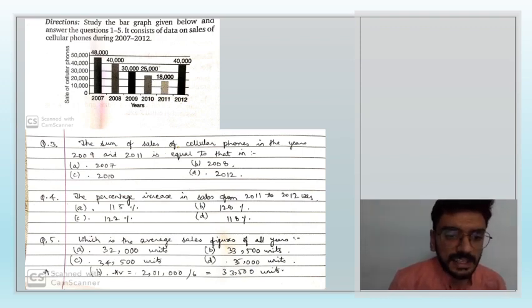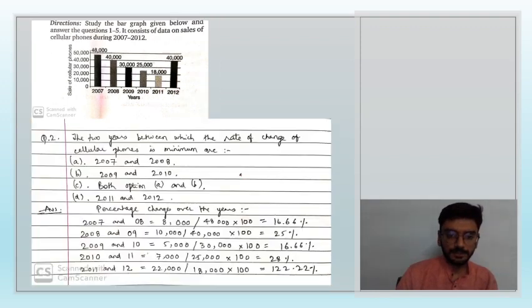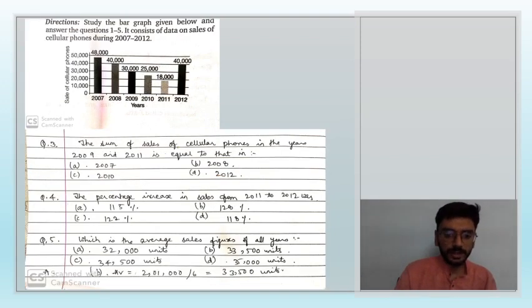The percentage increase in sales from 2011 to 2012 was. Okay, so do you find it to be a similar question? We have already solved this. So when you see 2011 and 2012, it was 122.22%. So the answer comes out to be C, that is 122%. Okay, there is an approximation that has happened here. The exact percent should be 122.22, but looking at the options, an approximation has taken place, and that is why the answer is 122%.